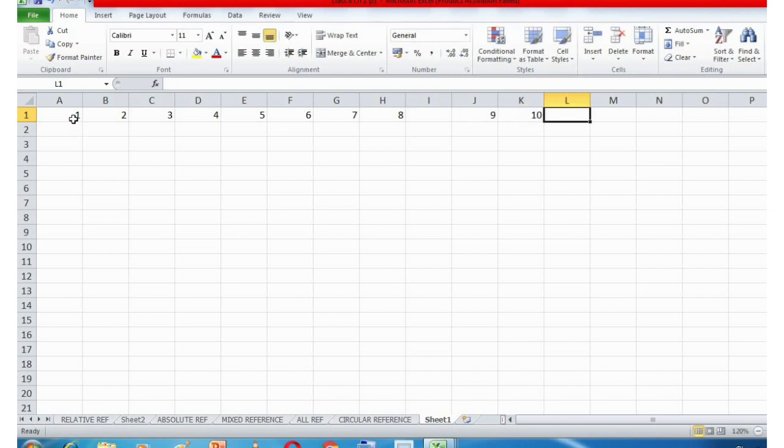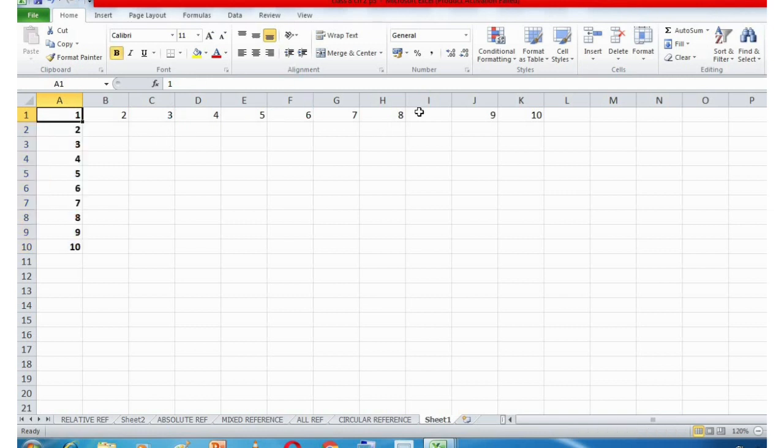And then I'll also type 2, 3, 4, 5, 6, 7, 8, 9 and 10. Now see students, what I'm going to do is make a table of 1 to 10 using the mixed referencing.